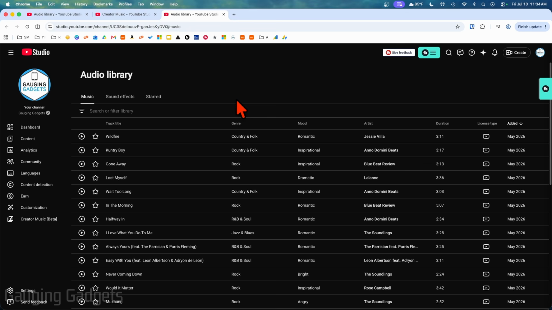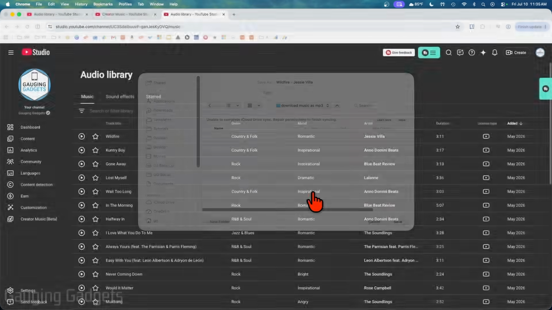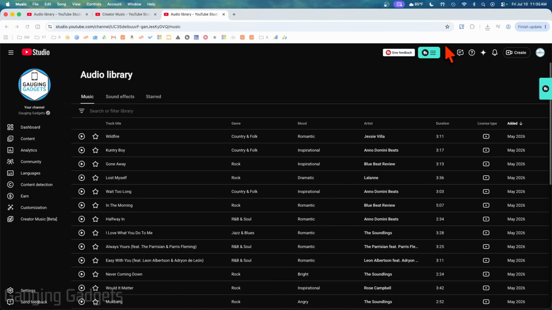So once you're on the Audio Library, we can download all of these songs as MP3s. We can search at the top, and if you want to download anything, just hover over it and select Download in the right side right here. So as you can see, it saved this song, and then I can open it up and start playing